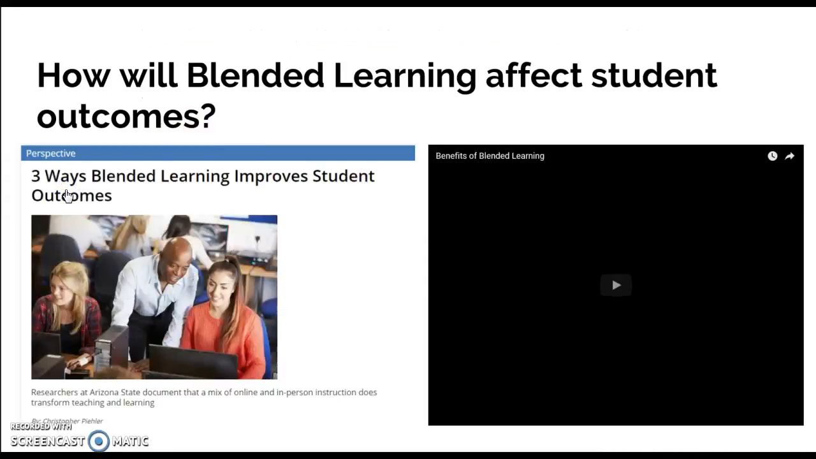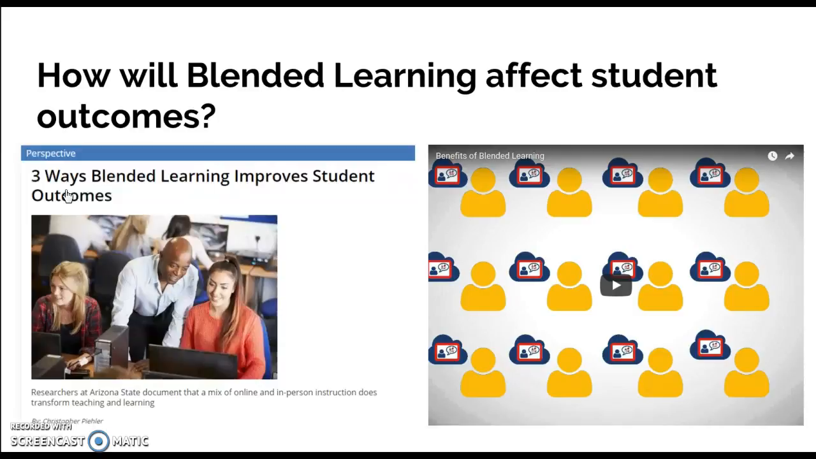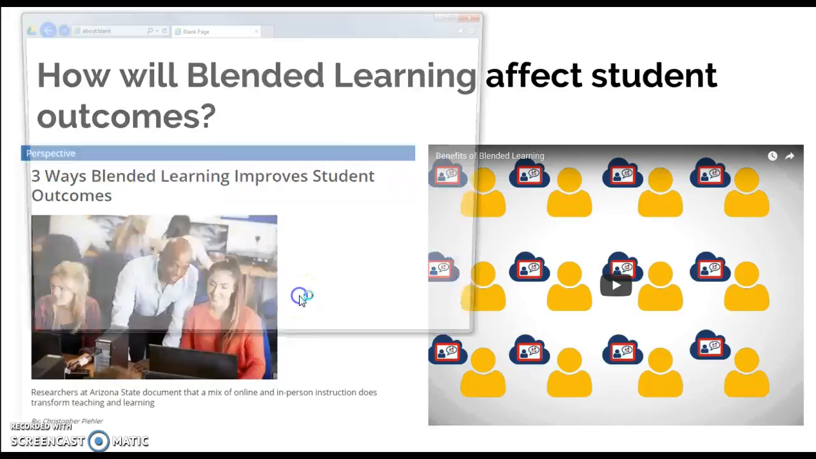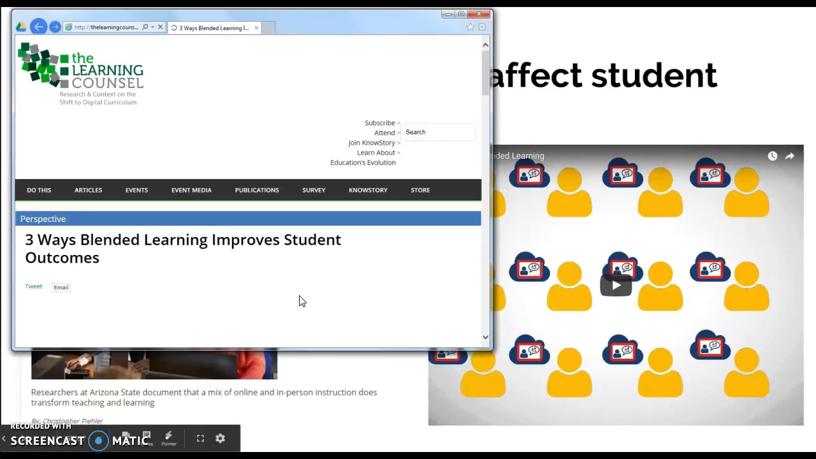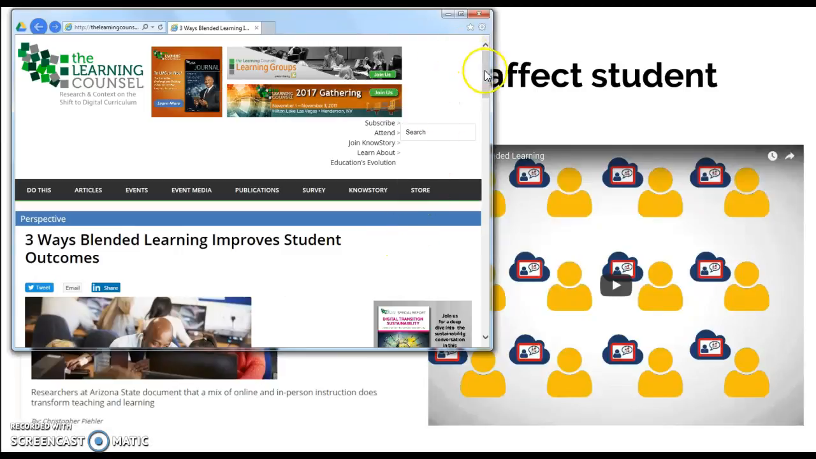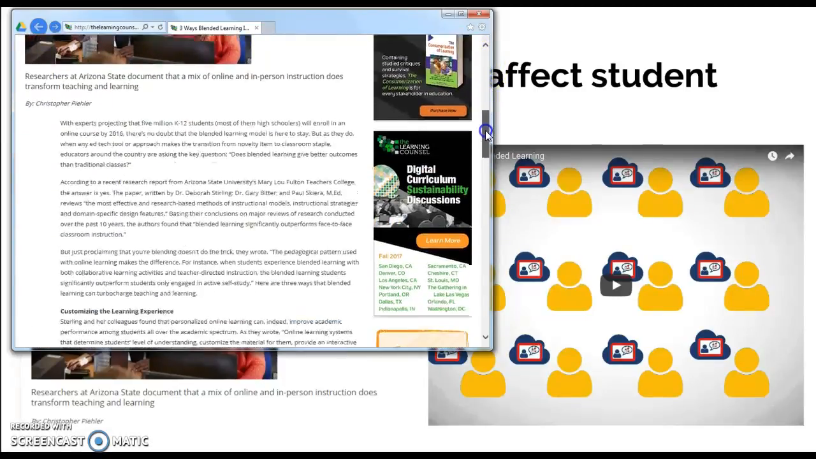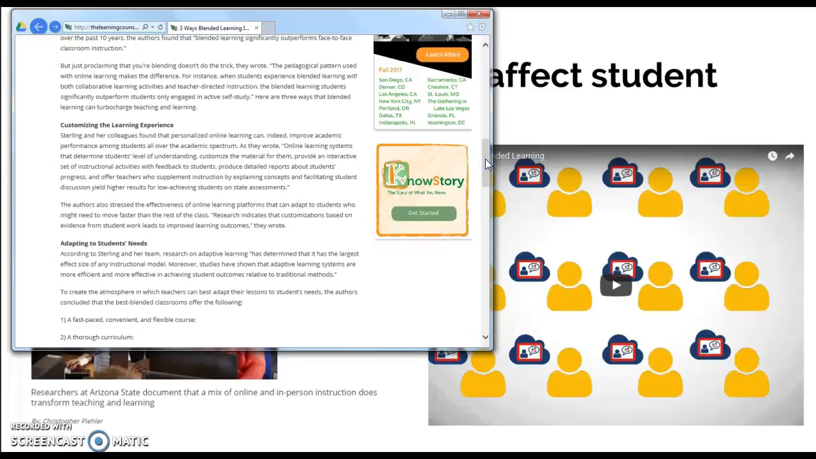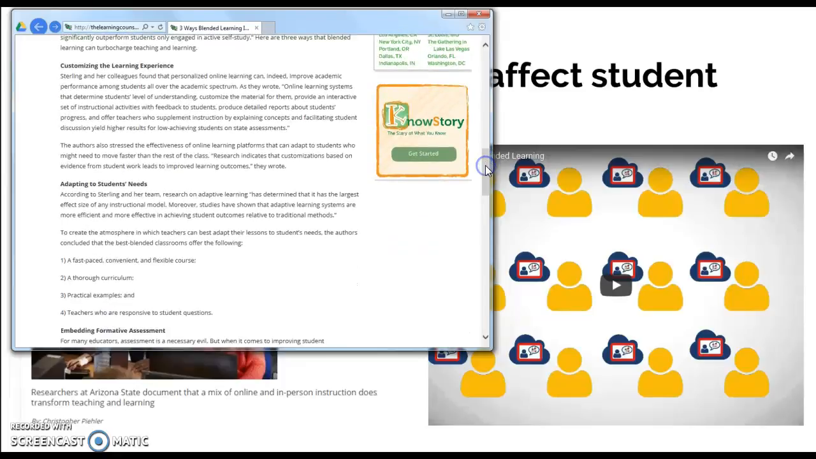So, how will blended learning affect student outcomes? This article talks about how it improves their learning. Basically, it allows the teacher to differentiate, and therefore, by doing differentiation, the students are able to improve. And you're basically meeting more of the student's needs than just